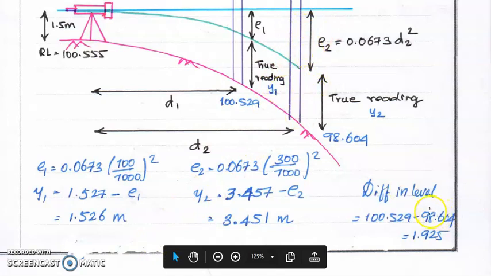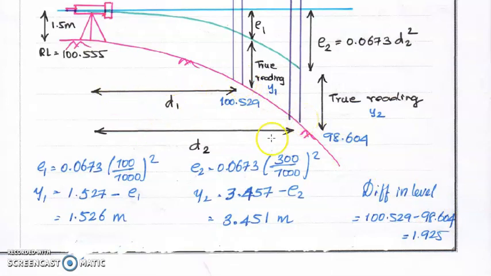So the true difference: what is the difference between this leveling station and this leveling station? This is the question. What is D1 and what is D2, and what is the distance between these two leveling staff? So we know the difference here as well as the difference here. This can be found with respect to this point. After knowing this place, what is this?